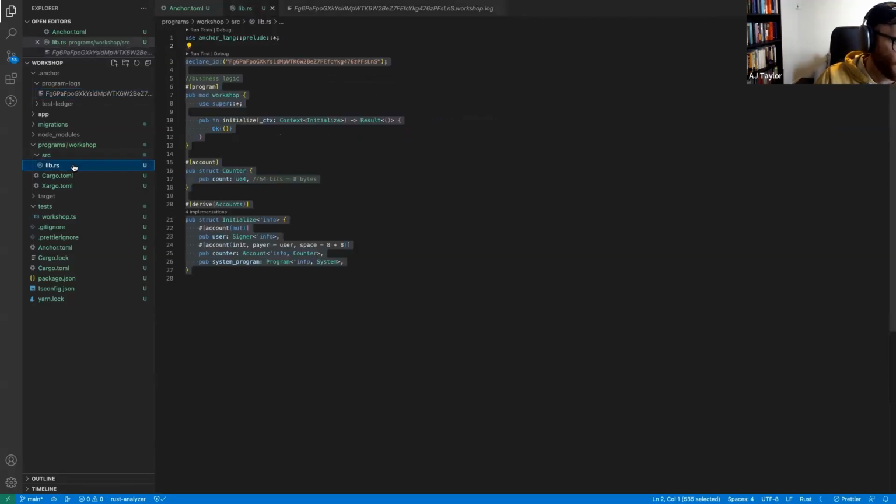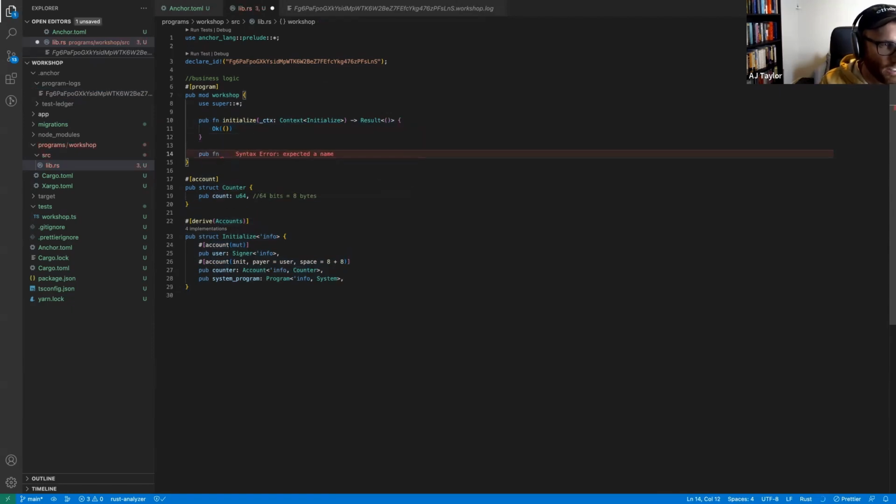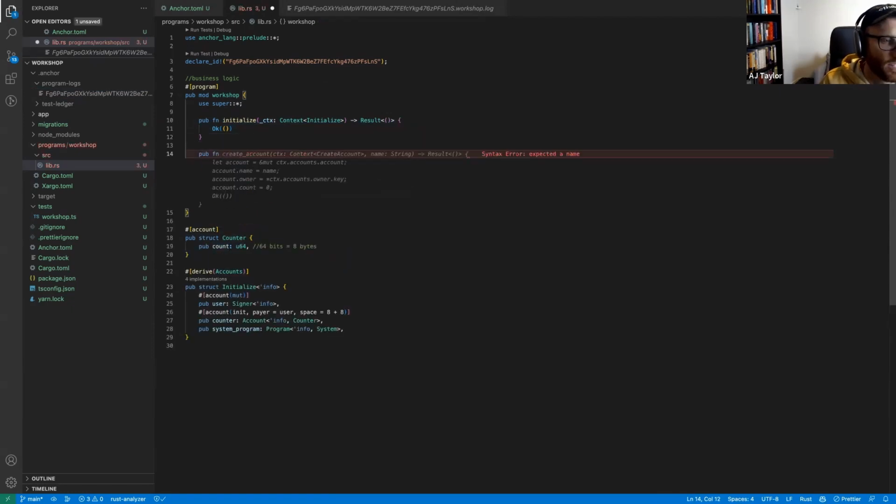So let's go back to our core logic here and do a few things. Right now, all this is doing is allocating the space, and that's great, but we want to actually add some business logic here. So if I were to create another instruction called,